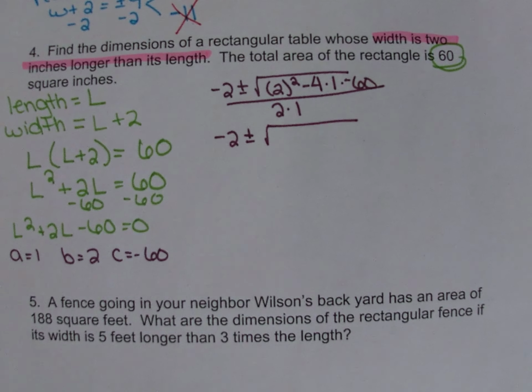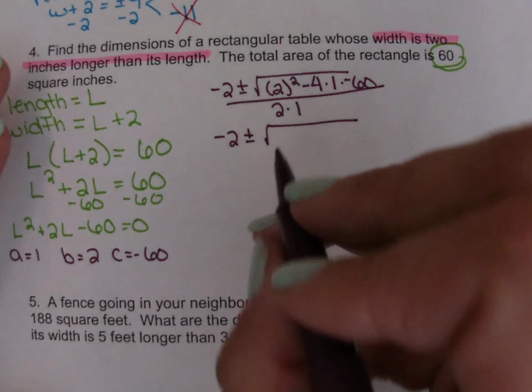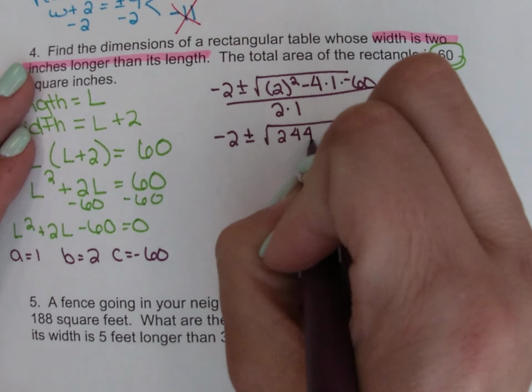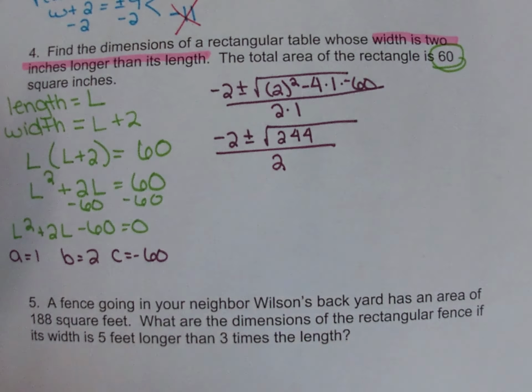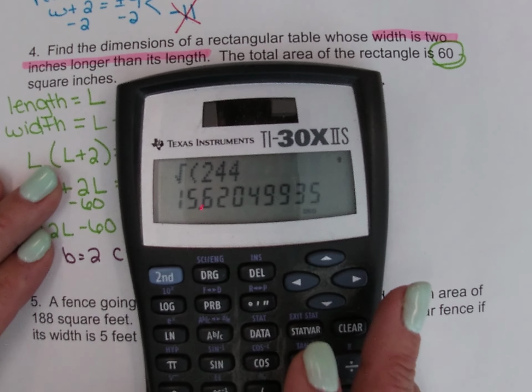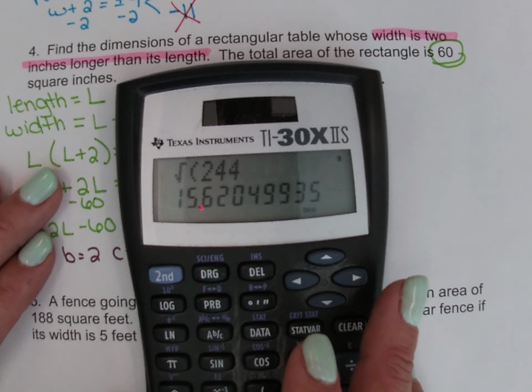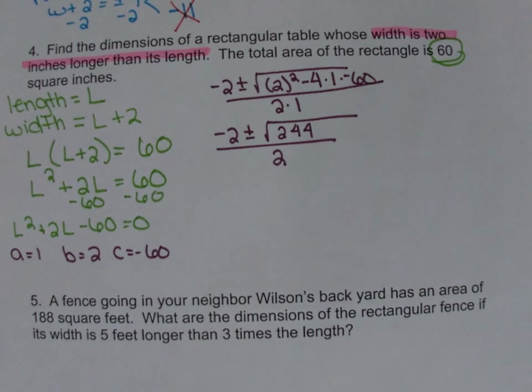So we'll calculate underneath the square root. Right, I'm just typing it into my calculator too. Here's the catch. If we check the square root of 244, right, we get a big old long messy decimal. The square root of 244 is irrational. Here's where we have to make a decision. This is a story problem that is